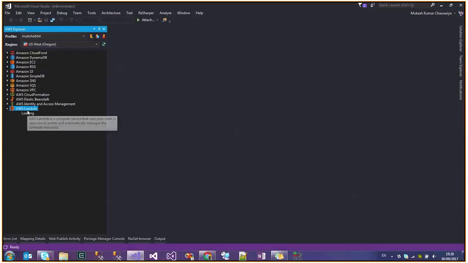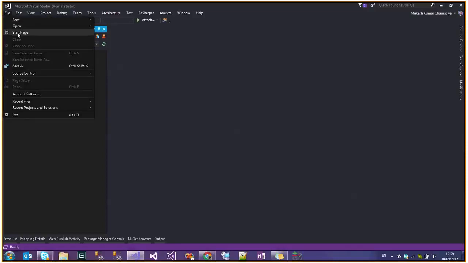AWS Lambda is nothing, it is just a name for your logic. The overall goal of the AWS services is to expose APIs. APIs are associated with some logic, and that logic is given a name, which is called Lambda. To create a Lambda, you first have to add a new project. So when I click New and Project,